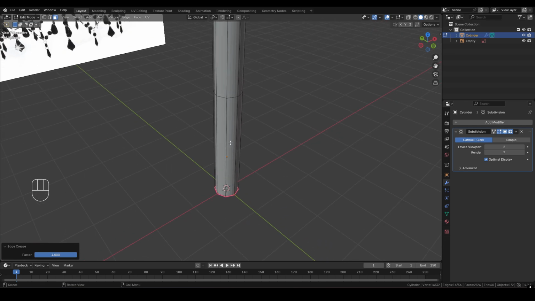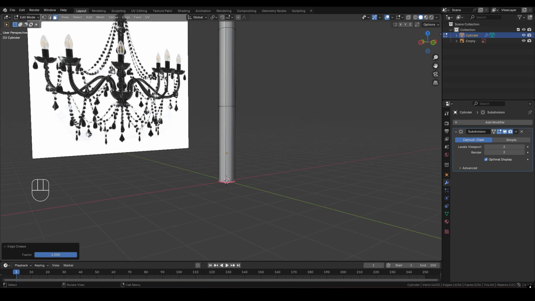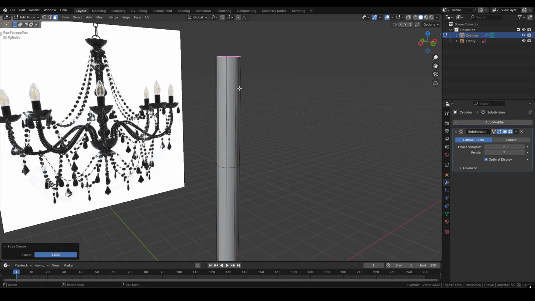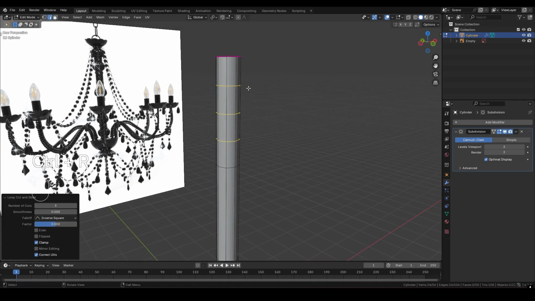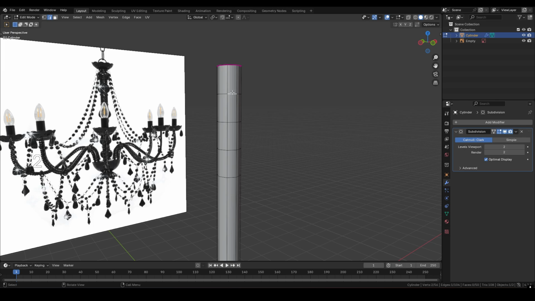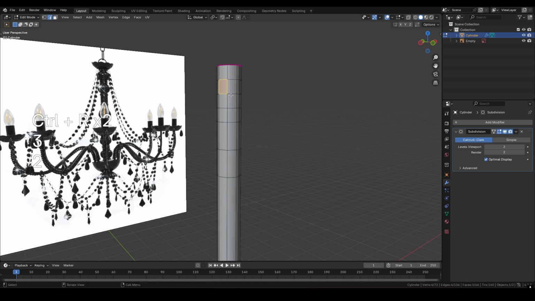So we still have our cylinder and we're going to be adding some edge loops to create the centerpiece of the chandelier. So, starting from the top, let's add in 3 edge loops and create a sort of bulge at the top here. Does look a bit smaller, that's not a problem. What we can do is add in edge loops here and then select here, press Alt S and we can increase that